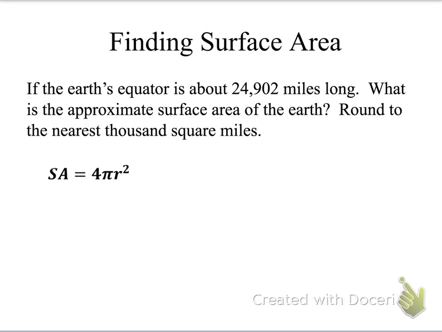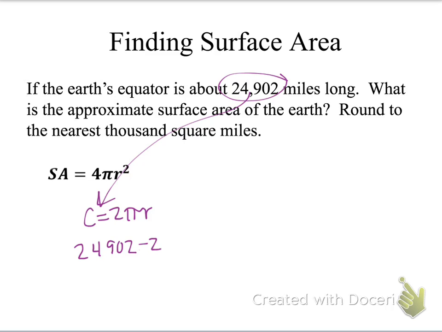Okay, if the Earth's equator is about 24,902 miles long, what is the approximate surface area of the Earth rounded to the nearest 1,000 square miles? Okay, so if I'm talking about the equator, that's like my circumference because I'm talking about the outside of the Earth. So my circumference equation, remember, is 2 pi r. Well, I have the circumference, so I'm going to plug that in for the C, so 24902 equals 2 pi r, and then we're just going to solve for that radius. So I could divide, right now it's being multiplied here, divide by 2 pi to get rid of it. It's gone on this side, so my radius is going to be